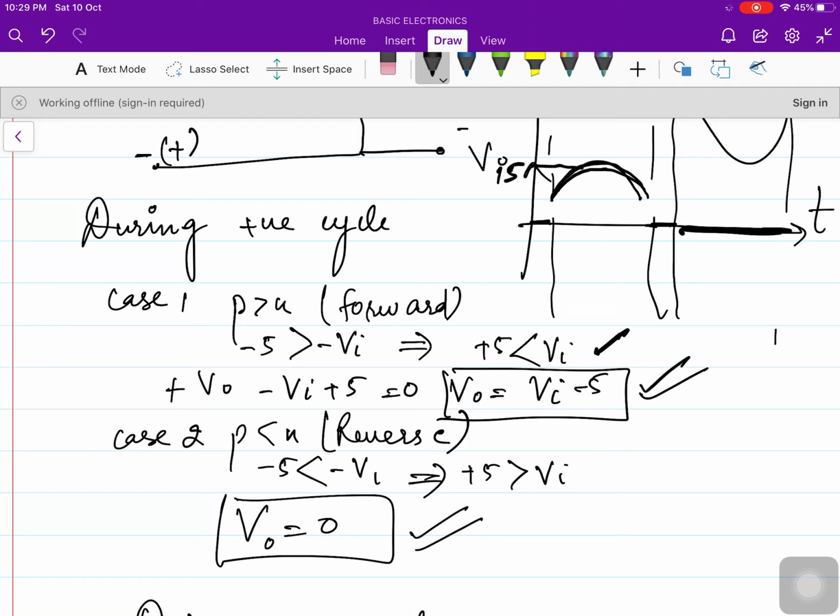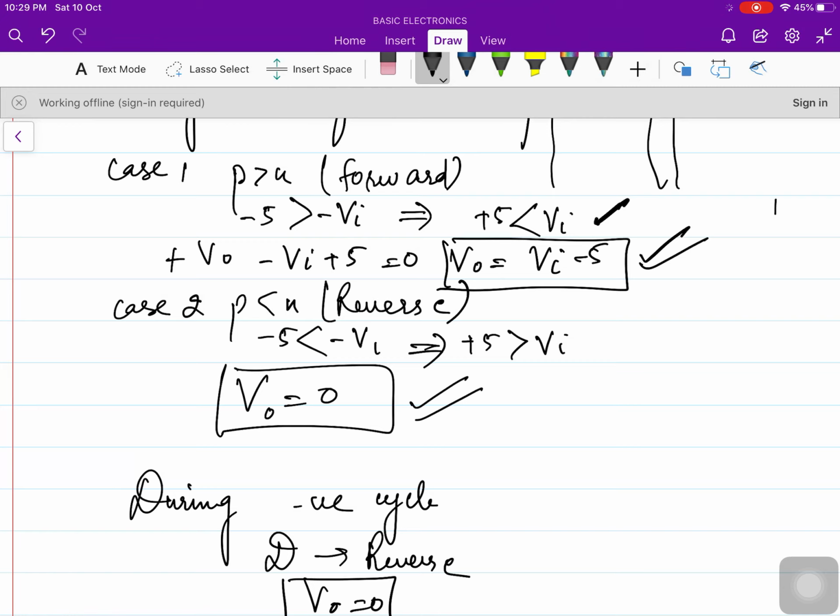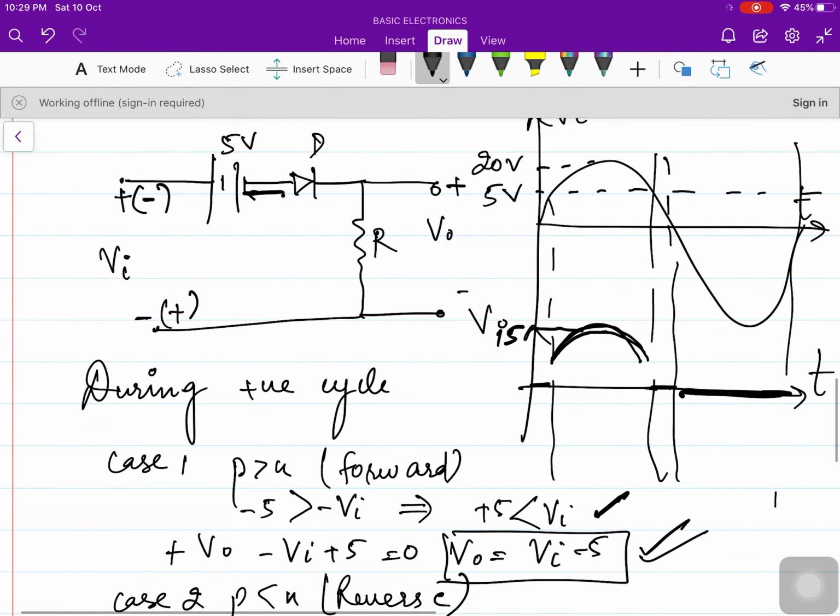So we have clipped off a certain portion of a positive half cycle by this clipper. So such type of questions frequently come into exams, and only thing is just you need to understand properly how to analyze the circuit. First of all, analyze the circuit during positive half cycle, then during the negative half cycle, and calculate the V0 for different cycles. Hence draw the output waveform. So this was the certain practice for clippers.